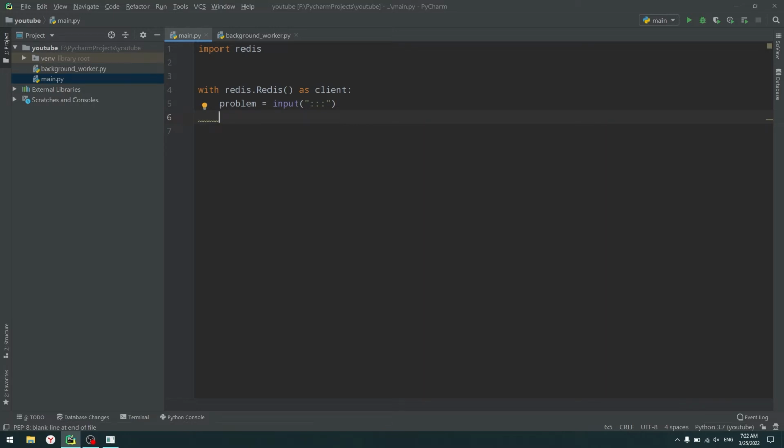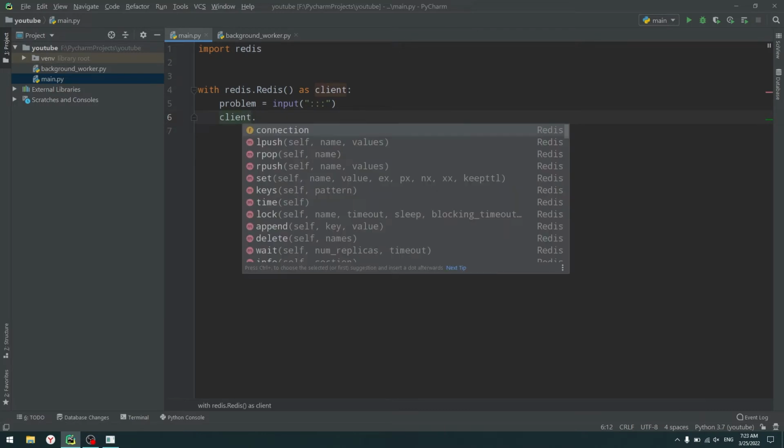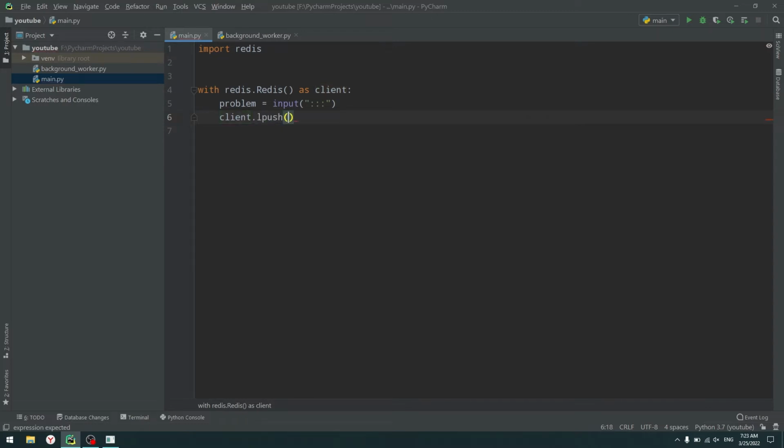So what we need to do here is create a queue. And in Redis, when we want to create a queue, we can use a list. A list is a data structure in Redis, but we can use it to create a simple queue. So what we need to do first is add our problem to the first index of our list. And to do that, we can use lpush. So lpush is a command that allows you to add your entry to the first